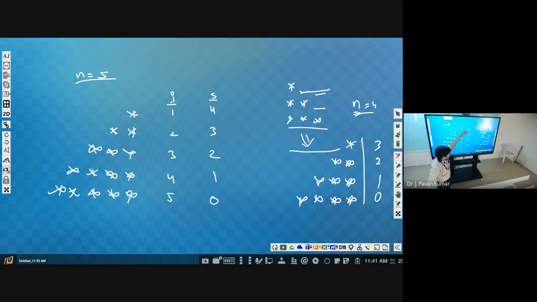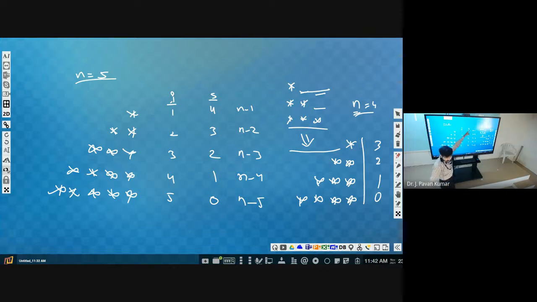What will be the next one? This will be n minus 1. Next, n minus 2. Next, n minus 5. Is there any relationship between this S and I? I is increasing, isn't it?